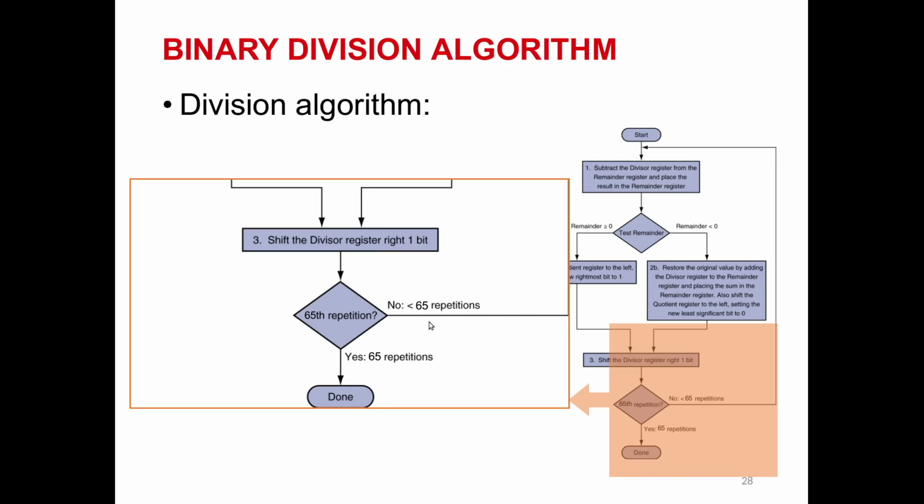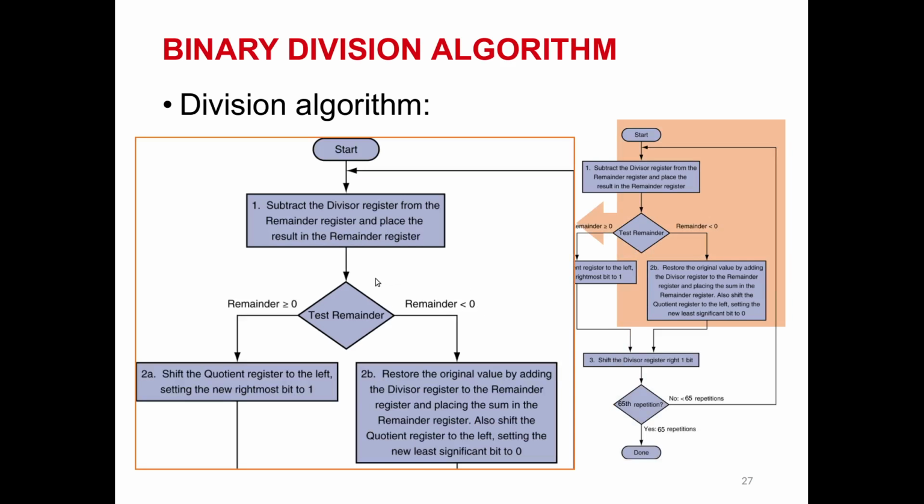the execution for all the bits, you will need to come back to the next step, and at the next step you do the same. You will subtract the divisor register from the remainder and store the result into the remainder, and then you check whether the remainder is larger than 0 or not. If it is not,